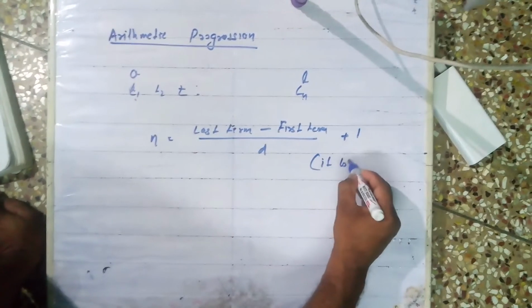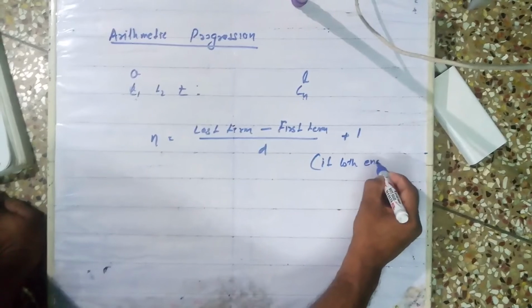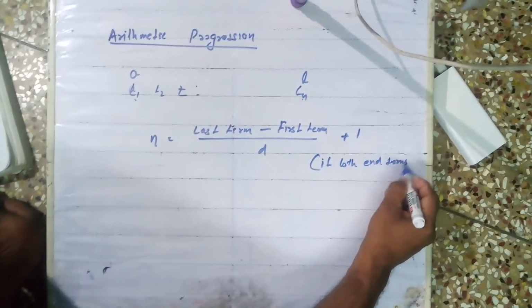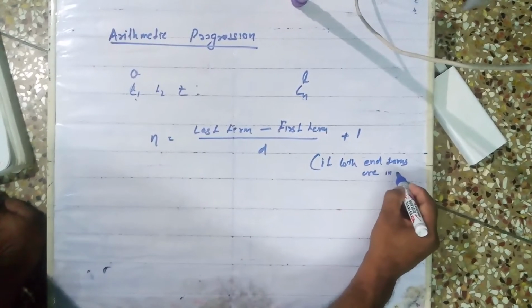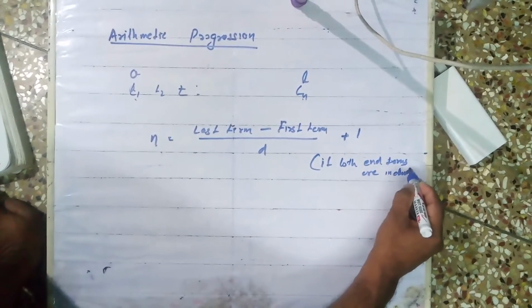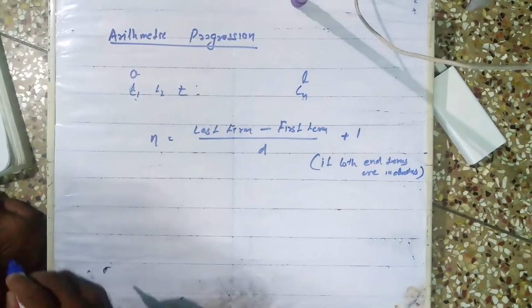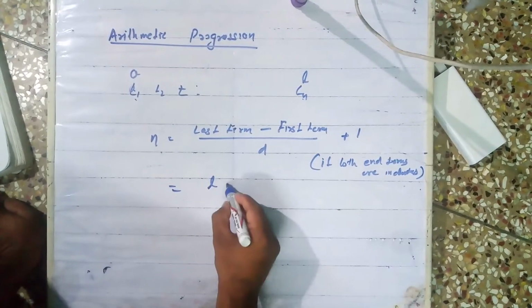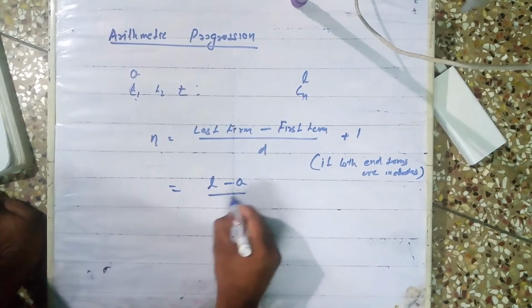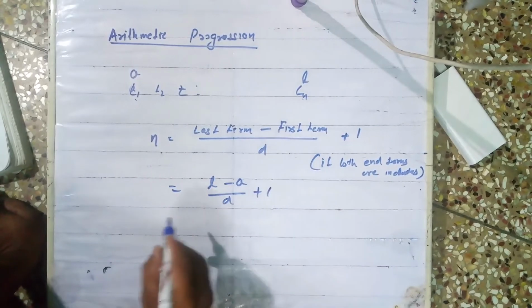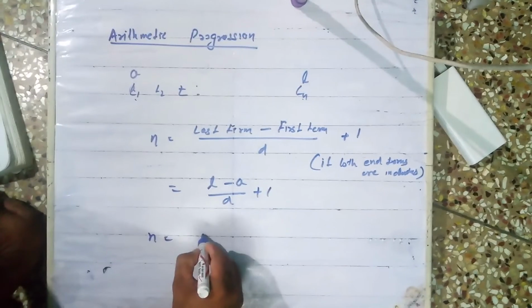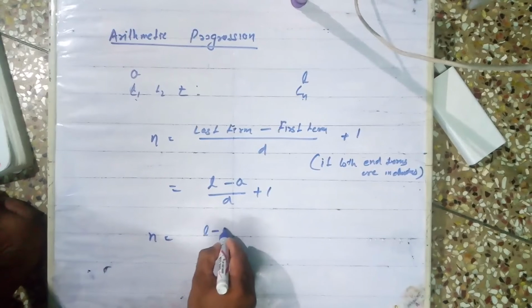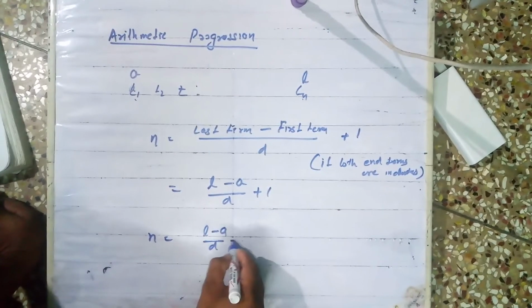If both end point terms are included. Clear? That is L minus A by D plus 1. Another formula: N is equal to the same L minus A by D minus 1,